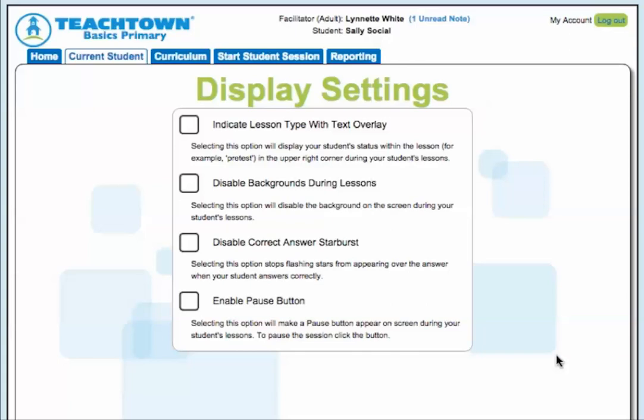The second type of situation I would look at are students who are really struggling with visual discrimination. So you might check this box for a student who is struggling across all learning domains. By looking at the data, you're seeing over time that they're really not making the progress that you would like. This may be a troubleshooting, problem-solving area that you could look at to see when disabling the background, does that help the student